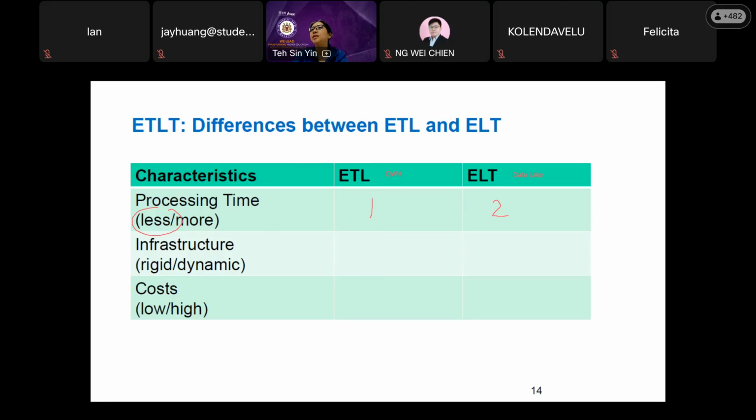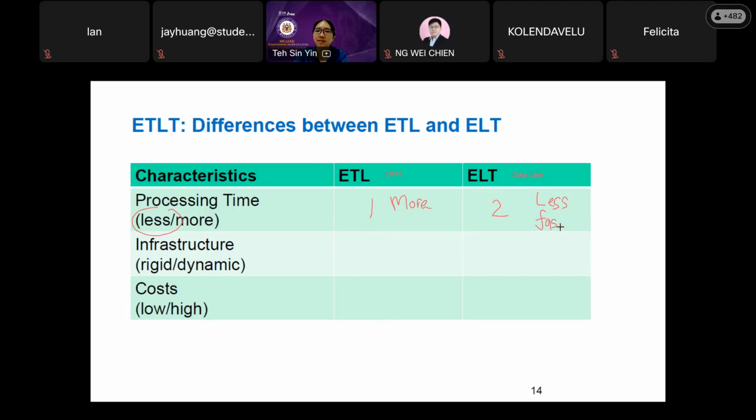Paul Yi-Ling says more processing time for ETL, less processing time for ELT. Correct, that is the correct answer. So you need more time for ETL, and for ELT you need less time for processing, which means it is faster.